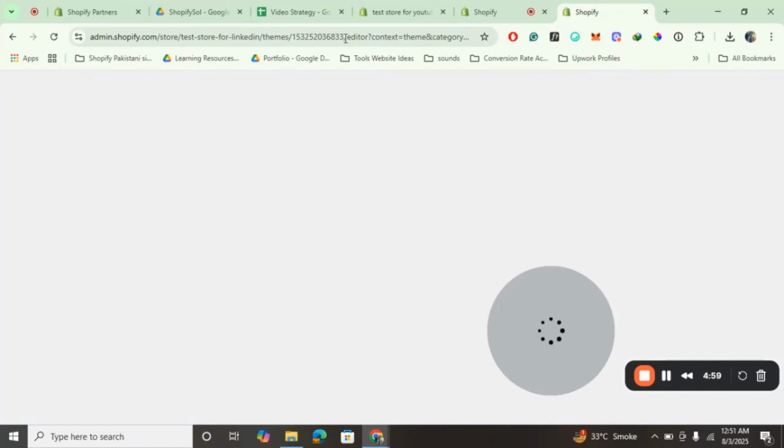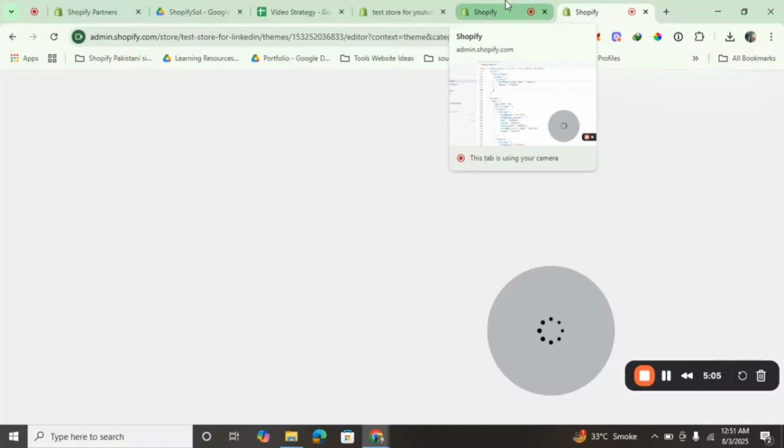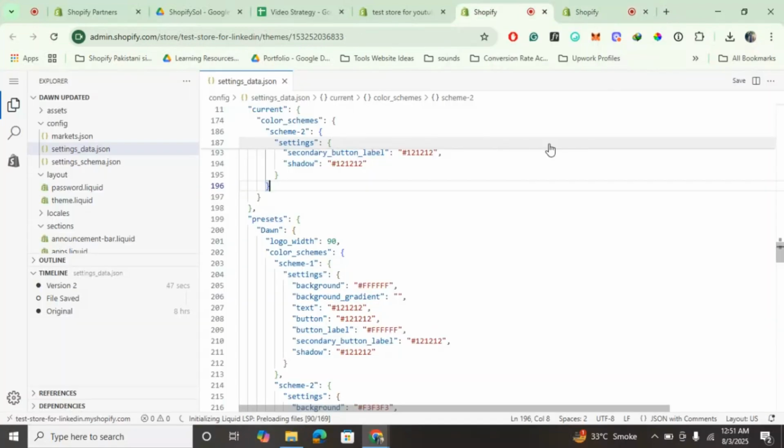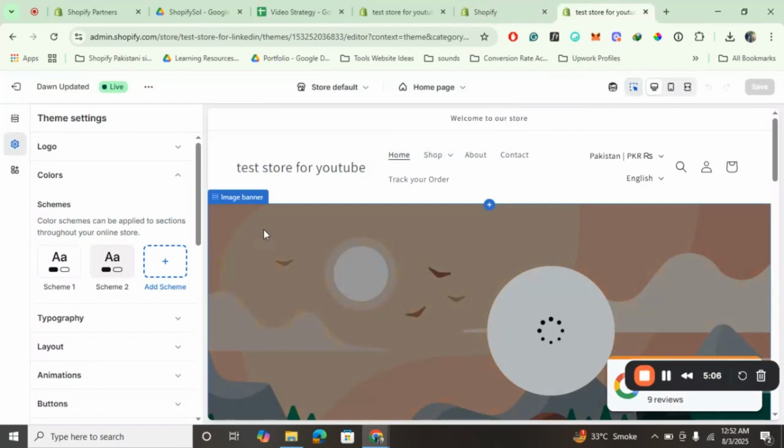We're just waiting for it to load again, just to make sure that it works fine. See, the color schemes 3, 4, 5 have been removed, and now we have only 2 color